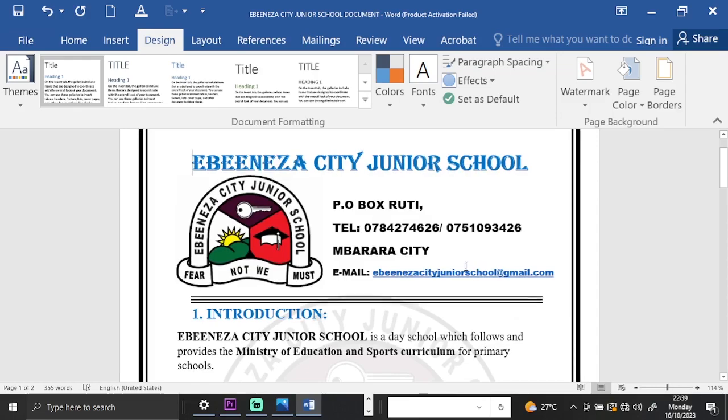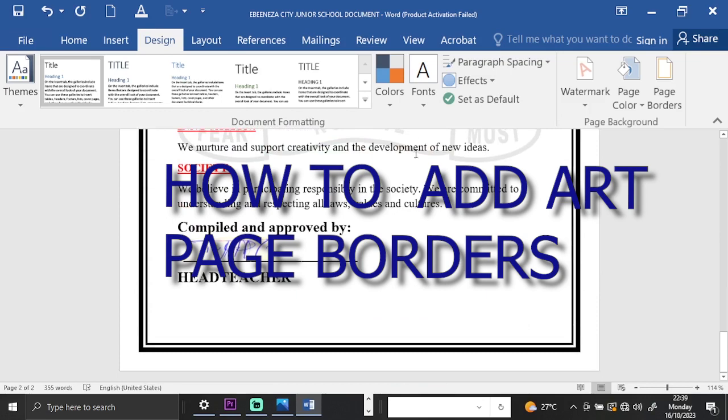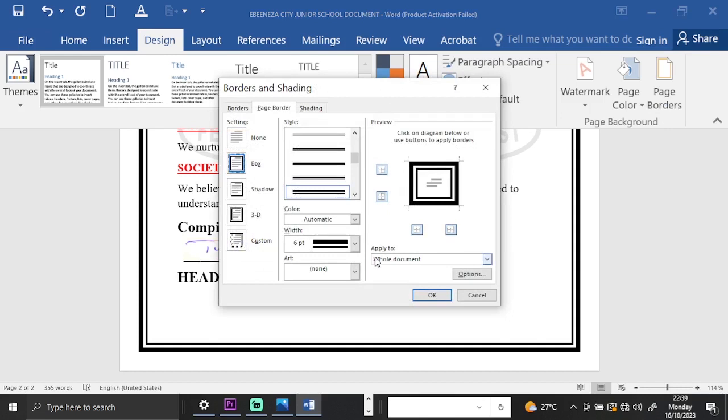So now for us to add the art borders is the same way. We come to Page Borders, and then we come to Art down here, you see the Art. You will click here, then we choose the art we want to add. I can choose to add any art that I see here. It depends on the design of what you are doing, and also maybe if you are doing football, you can add the art of football. For example, I'm going to choose this, on the art borders,